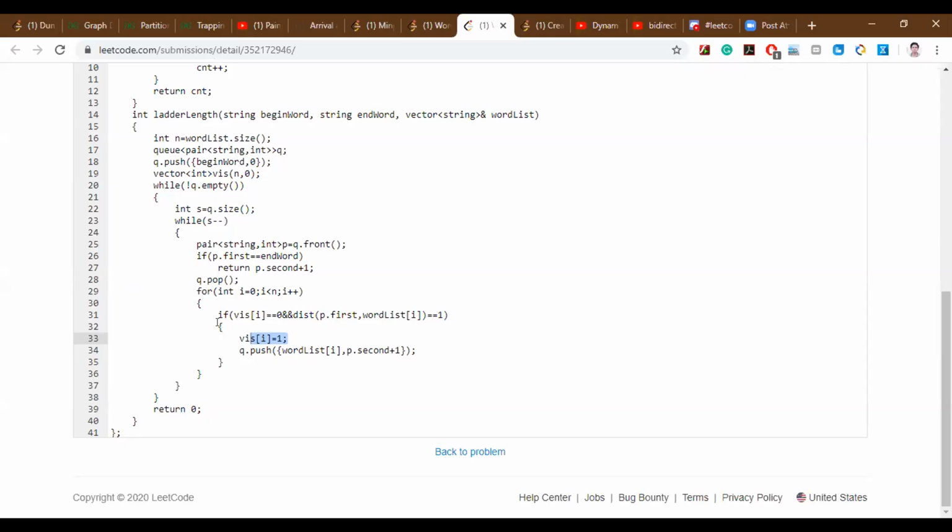But for each word, he's enumerating the whole list, right? Yeah, so I think the TLE is because for each word we are considering the whole list. Instead of that, we have to consider only those words which have just one character difference.